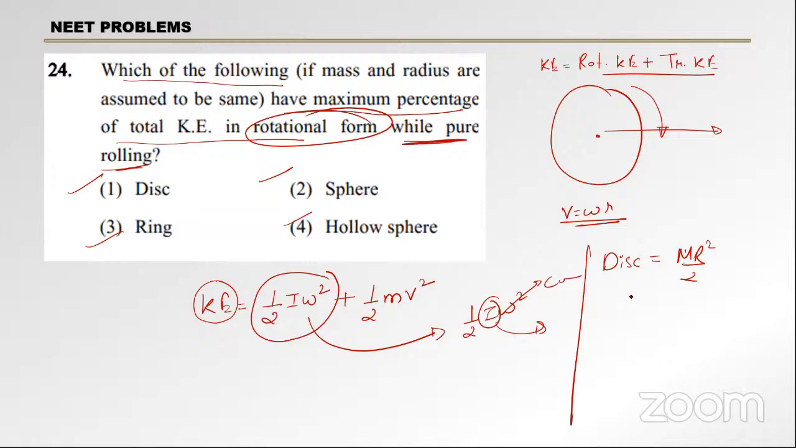Second is sphere ना. स्पीयर का 2/5 mr², और थर्ड इज रिंग। रिंग का सिंपल होता था, वेरी सिंपल, mr²। हॉलो स्पीयर का क्या होता था? टेल मी इन द चैट, लेट्स चेक योर नॉलेज। व्हाट वाज द मोमेंट ऑफ इनर्शिया फॉर हॉलो स्पीयर? चैट में बताओ।